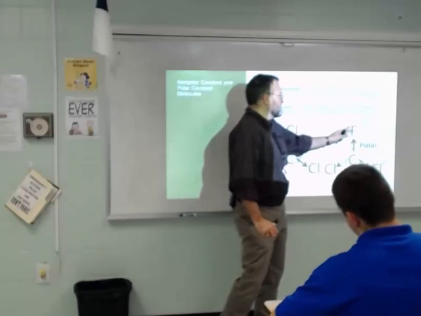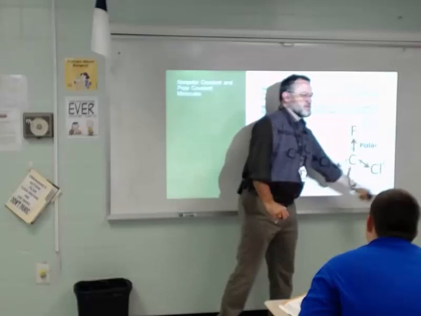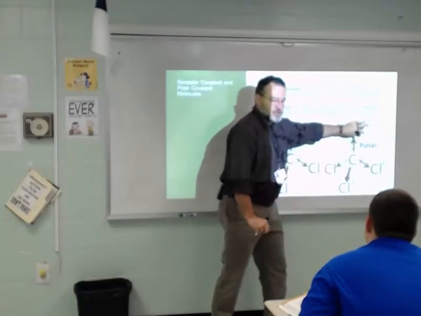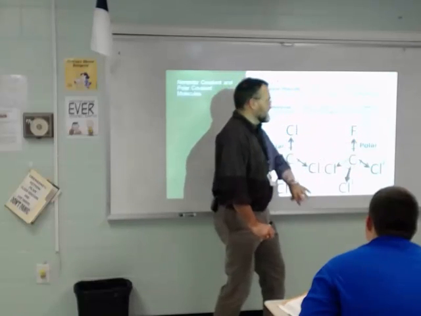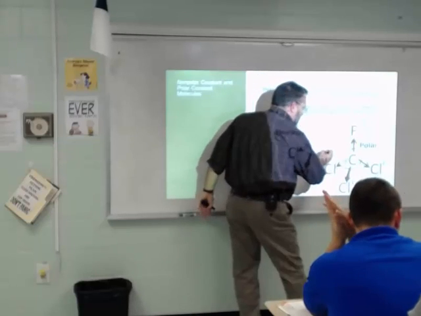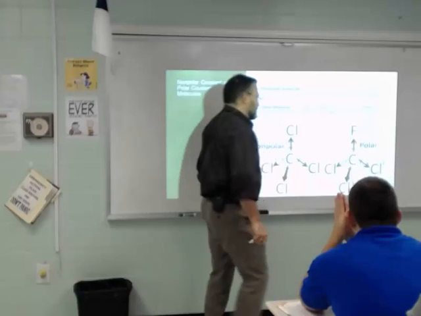The fluorine is going to be more negative than its associated chlorines down here. It has a larger electronegativity. It's going to have the electron more often than a chlorine would. So relative to a chlorine, it's going to be even more negative. And because of that, we can now, if we were to draw a dividing line through the central atom,